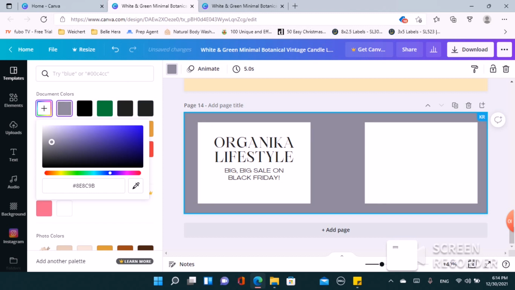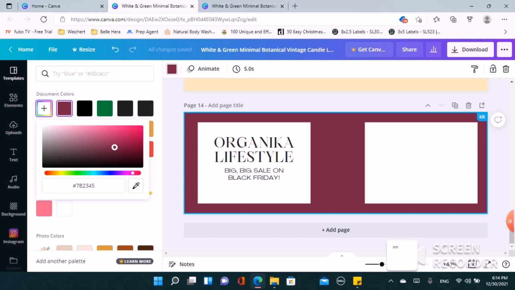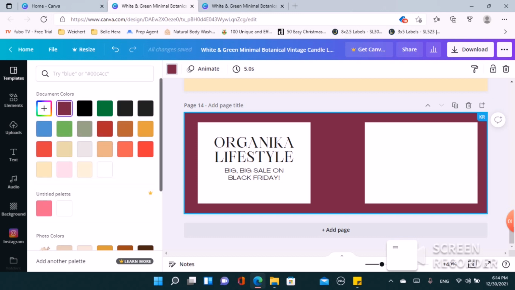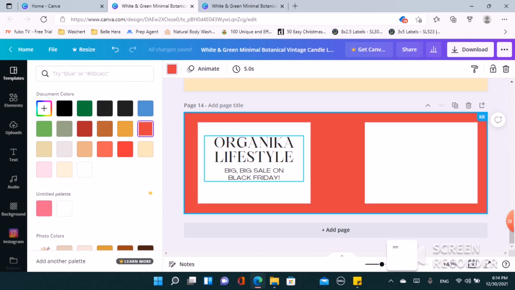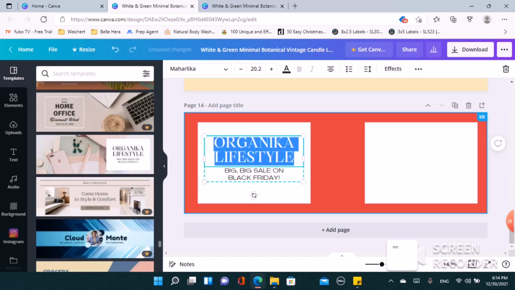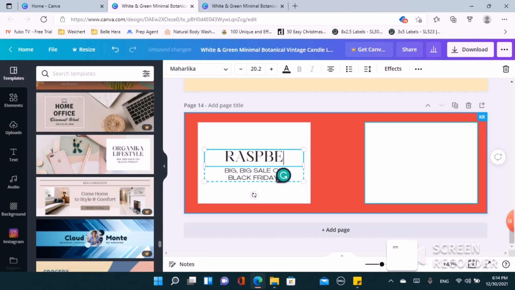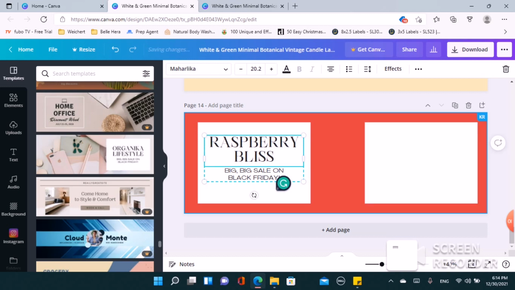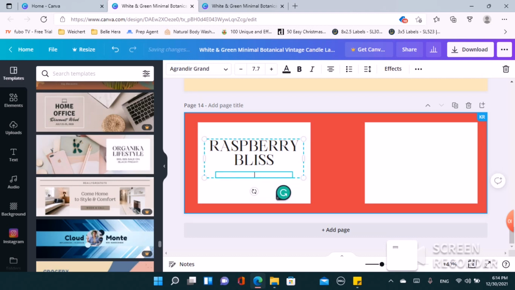I am going to go ahead and make the Raspberry Bliss label. So I'm going to show you how I went ahead and made that. And I'm going to use this red, and I'm going to change this here. And so I want it to say Raspberry Bliss. And I'm going to get rid of this bottom part. I'm just going to bring that down a little bit,